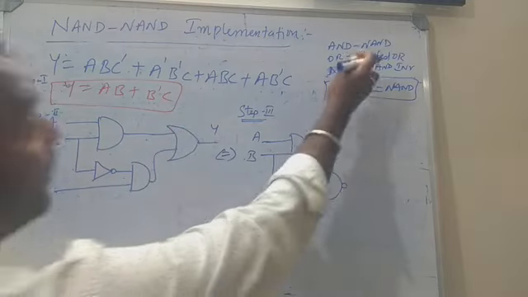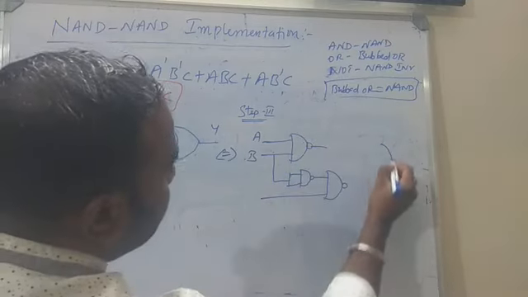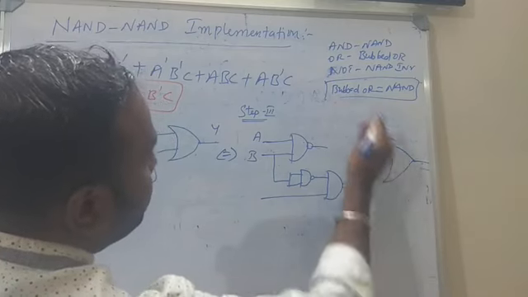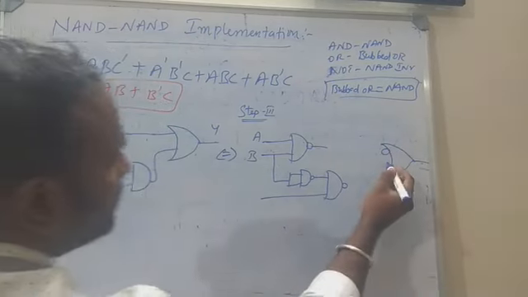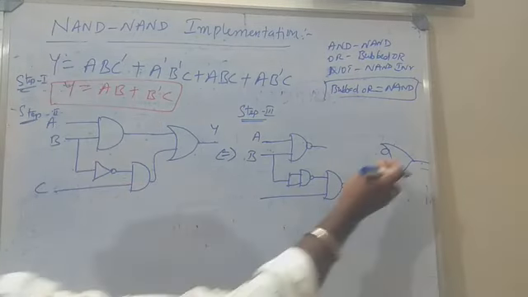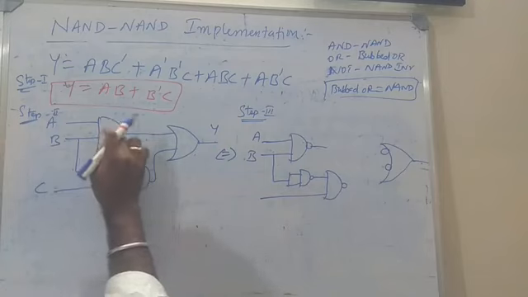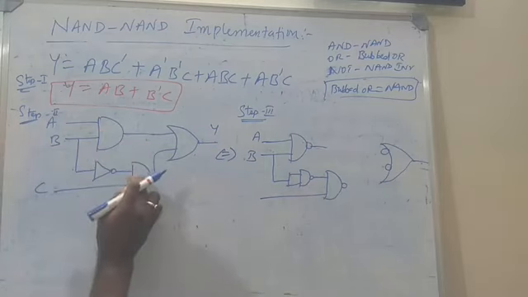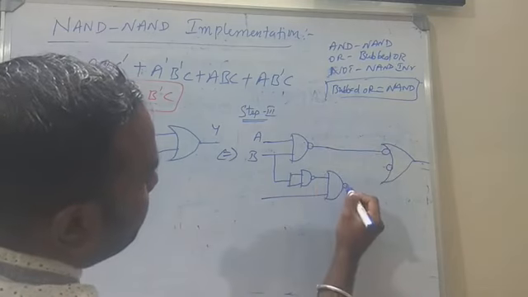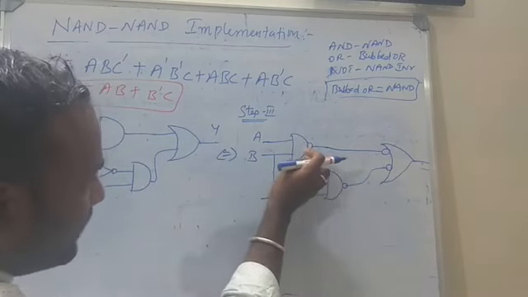So here OR by bubbled OR. Bubbled OR indicates, you just draw the OR gate first. Okay, here bubbled OR, one more. So here two inputs are there now. So two inputs, you just put two bubbles, right? So now what are the inputs for this OR gate? So one from the first AND gate, another from second AND gate. Okay, we just give like this. Okay, so here one extra inverter is added.